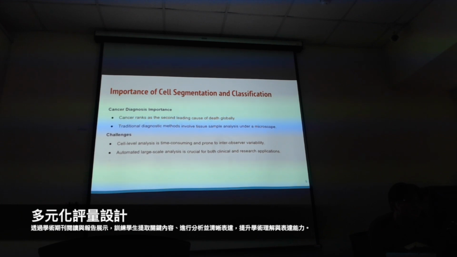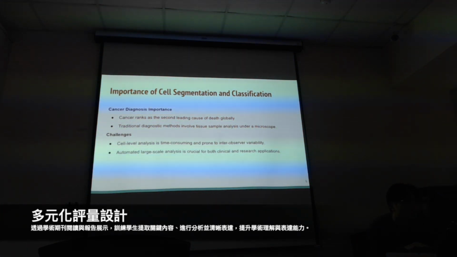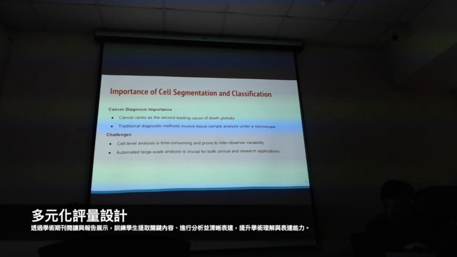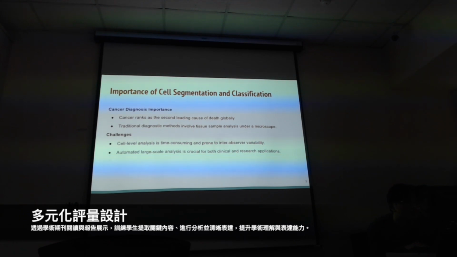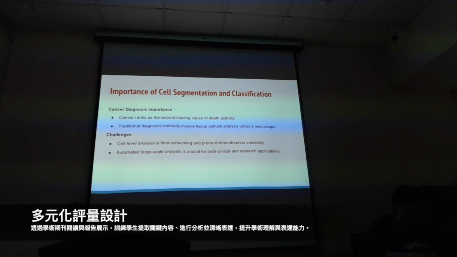Cancer is the second leading cause of death worldwide, just behind cardiovascular disease. Even though imaging technology has improved a lot, diagnosing cancer still